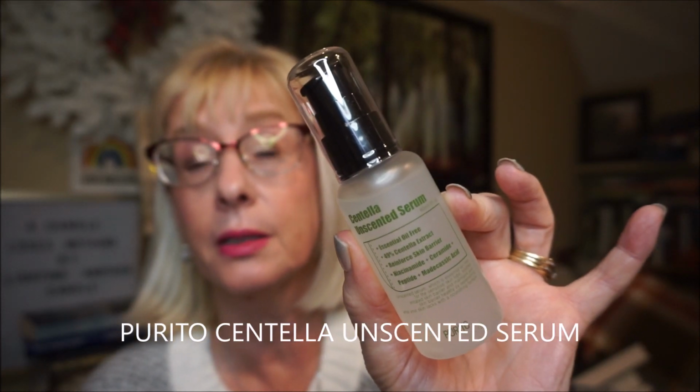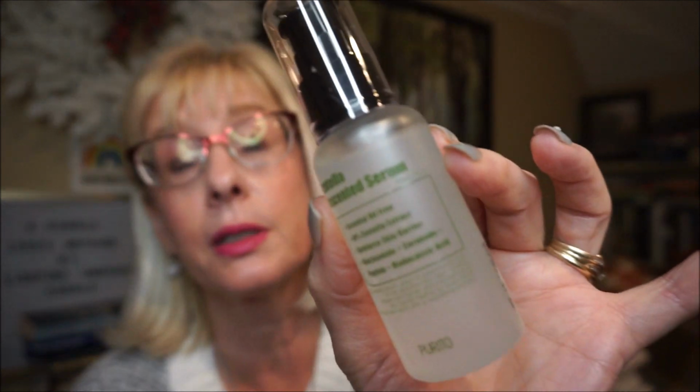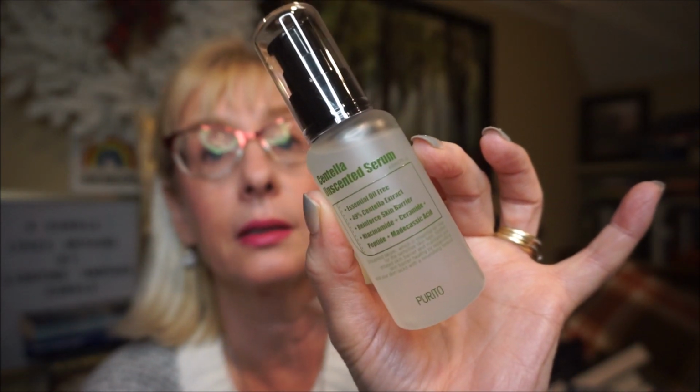And then if you want a product like a serum that has a whole bunch of different ingredients, instead of grabbing one bottle for one ingredient, another bottle for another ingredient, there's the Purito Centella Unscented Serum. And this is 50% Centella Asiatica, which is very, very calming and soothing. It also has niacinamide, which helps regulate oil and also helps decrease any acne scars or age spots. Has ceramide in it, which helps the skin barrier, peptides, which help firming. So it's kind of a few different products in one. And this one's unscented. They did have a scented one, but this one's unscented. So that's a great little serum that I throw on sometimes after